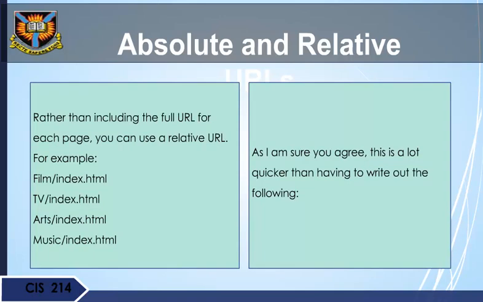Rather than including the full URL for each page, you can use a relative URL. For example, film/index.html, tv/index.html, art/index.html, music/index.html. As I am sure you agree, this is a lot quicker than having to write out the following: